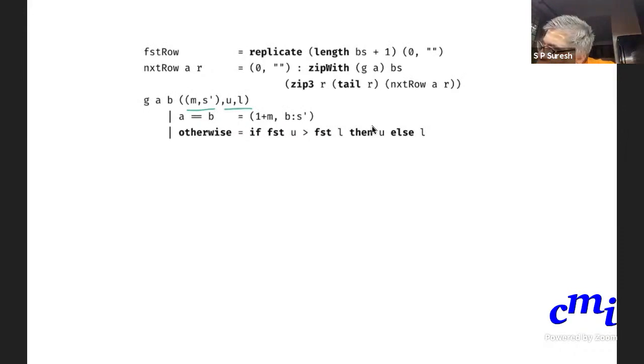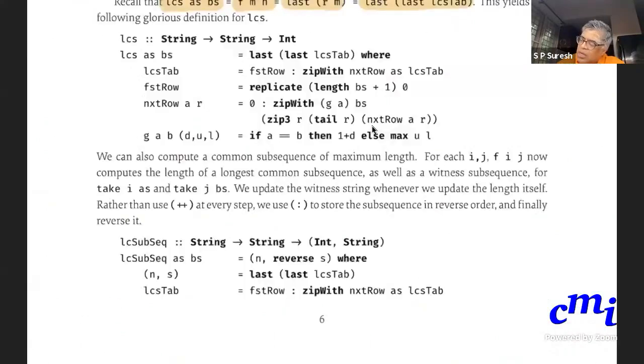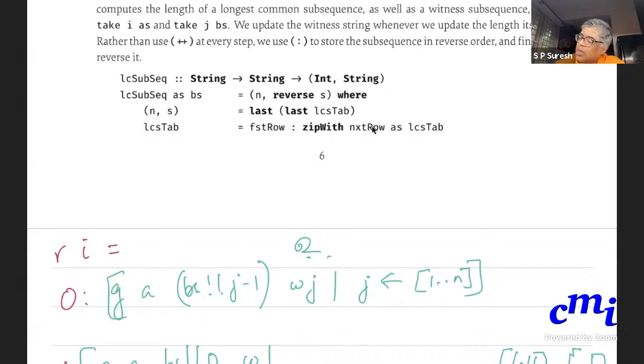So what I'm doing is, if A is equal to B, then I'm doing 1 plus M and B put in front of S prime. Okay, because B is a letter that can extend the common subsequence that you have determined till now. But rather than putting it at the end, I'm putting it at the beginning, which is why, when I ultimately return the result, I am returning the reverse of S.